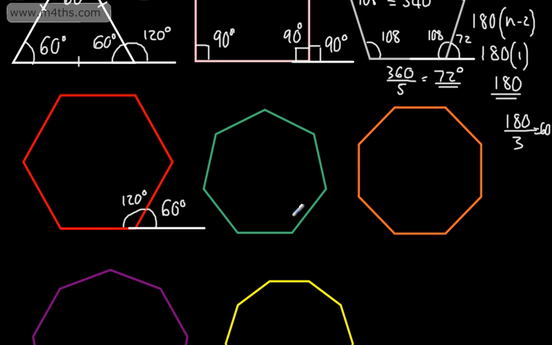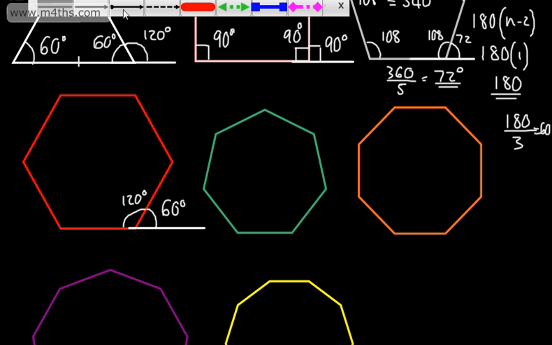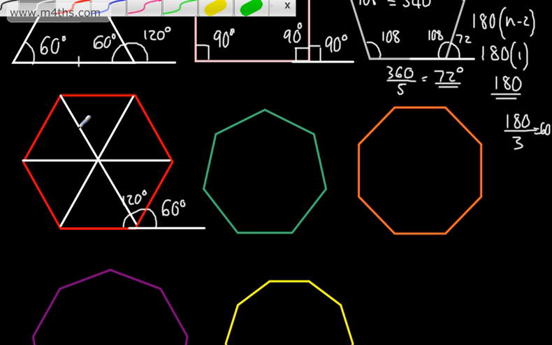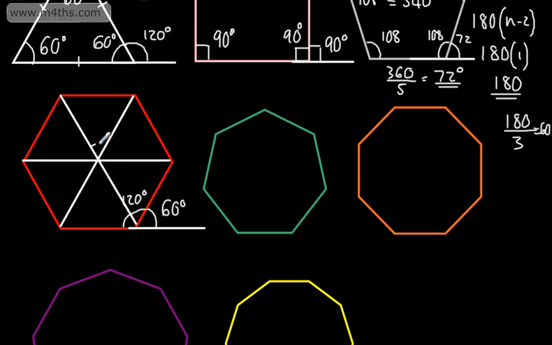There's an alternative approach yet again. You can decide from here. Another way that we could look at this is to connect the vertices. So if I connect the vertices of this, we can consider each of these angles right here. One way we could do it was to say, well, that's one angle, that will be the same, that will be the same, that will be the same, this one and this one will be the same. We know angles around a point are going to be equal to 360,